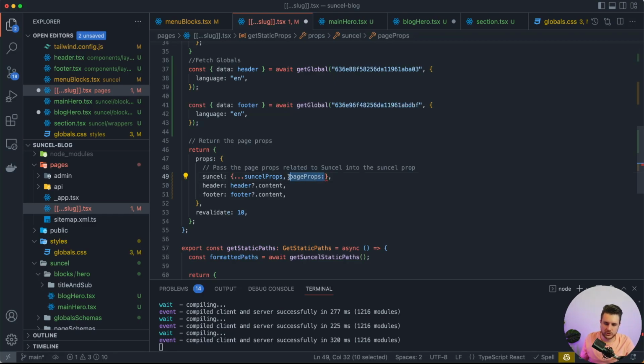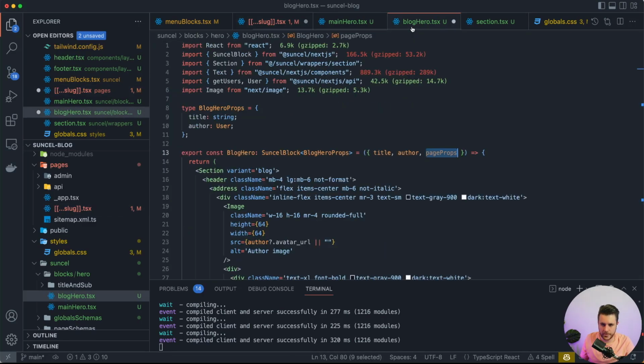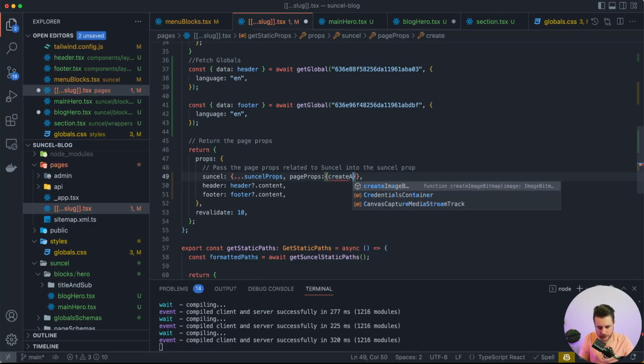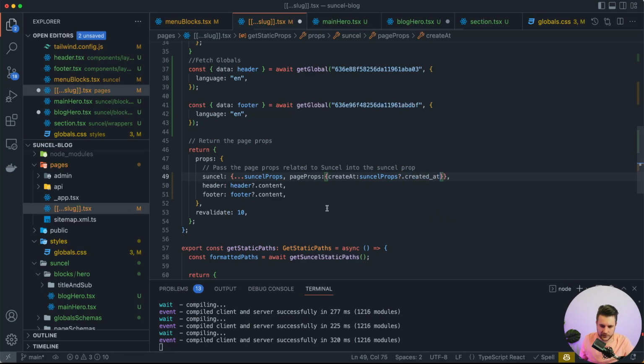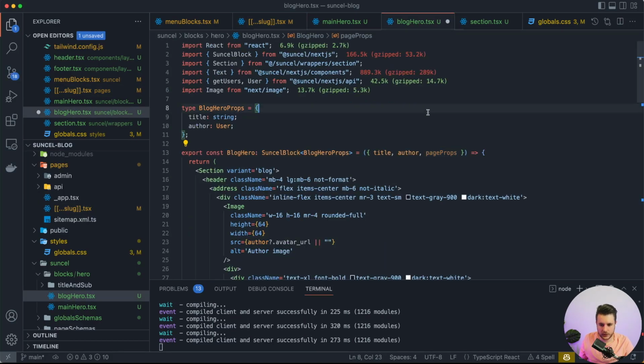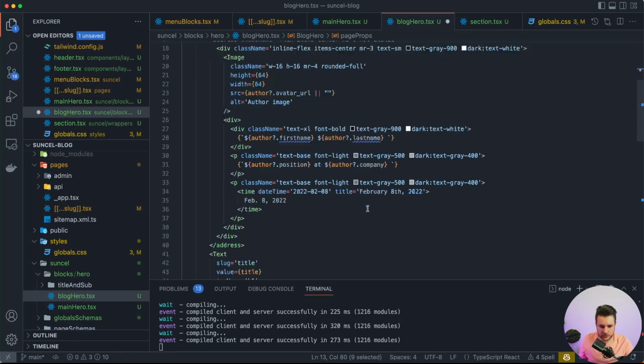The values that you define in these page props will be sent to all the blocks, and you will be able to access them with the pageProps property of your block. So let's say in this one, we will send an object with createdAt inside, and it will be the createdAt value of the page. So let's do pageProps, and inside here,